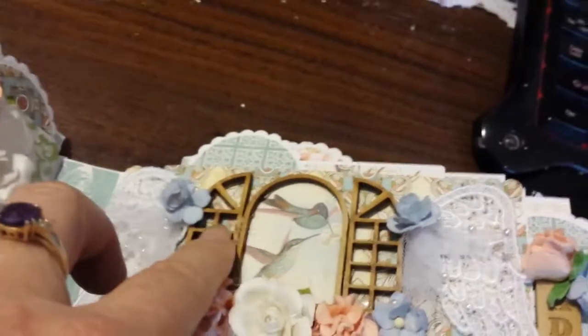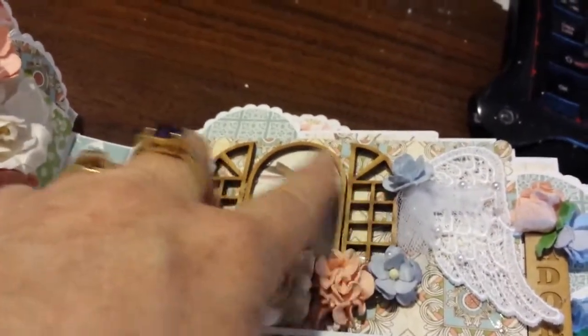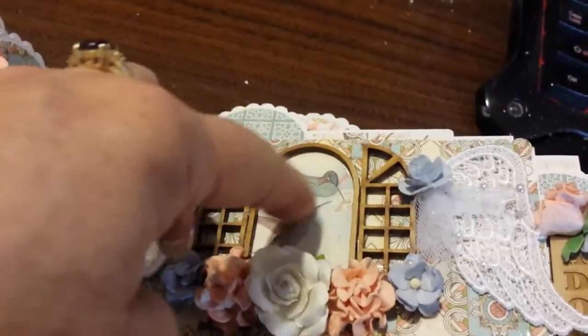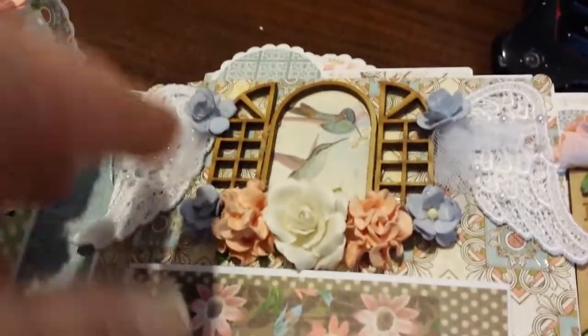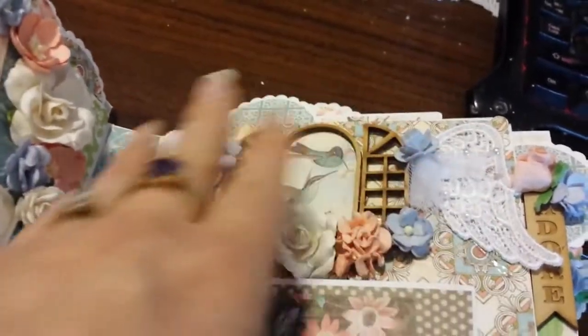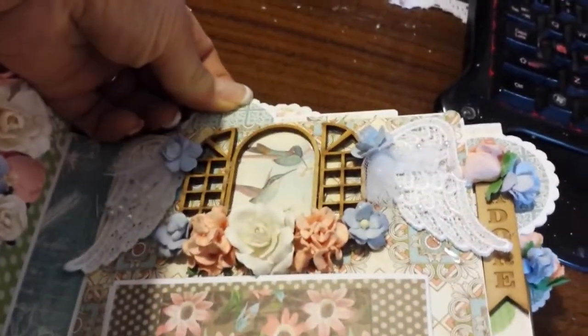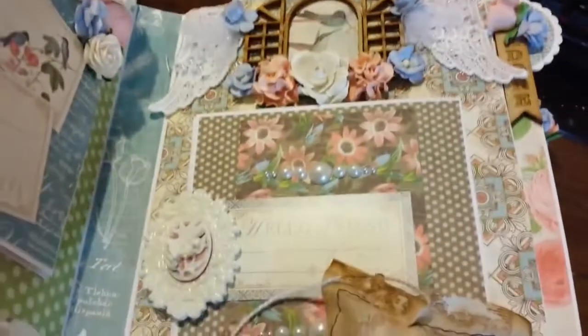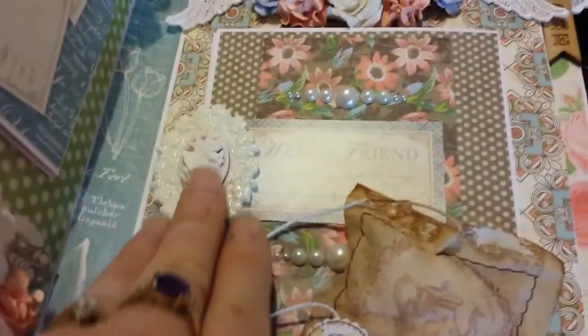Alright, this page here has another SaCrafters piece, and this is her window. So I made it into a window and showed the hummingbirds, like the hummingbirds are outside the window. I added these wing appliques and a flower cluster. There's another pull-out tag back here for 6 names. And then you come down, and here's a beautiful